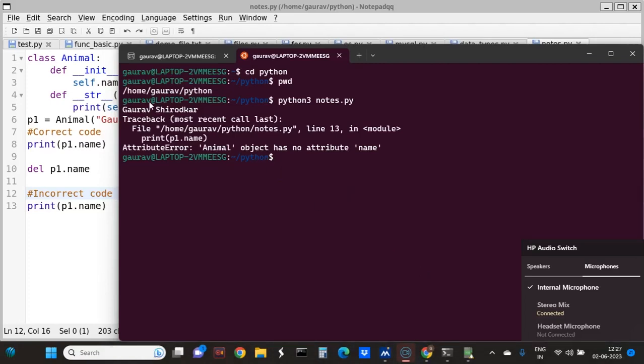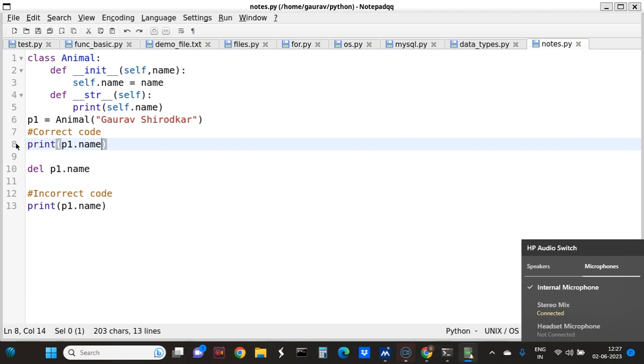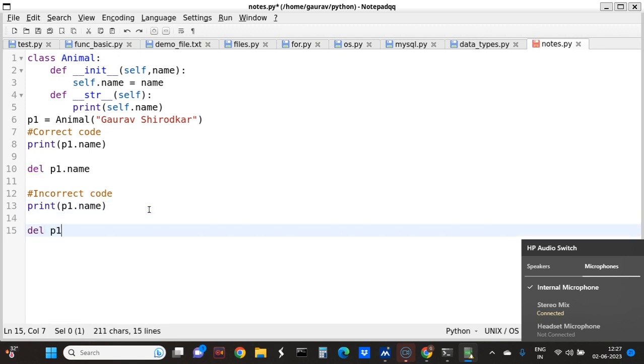You can see the first statement, Gaurav Shirodkar, has been printed. So line number 8 has been printed. But line number 13 is giving an error because I used the del operator. Now suppose I use the del operator on the whole object, not on the specific name, and I print P1